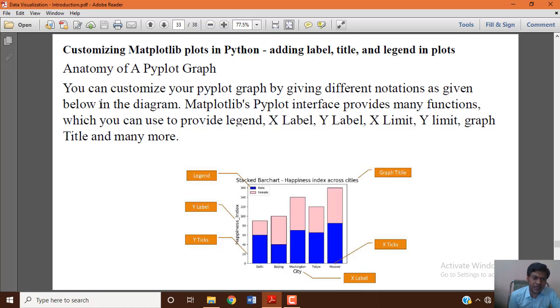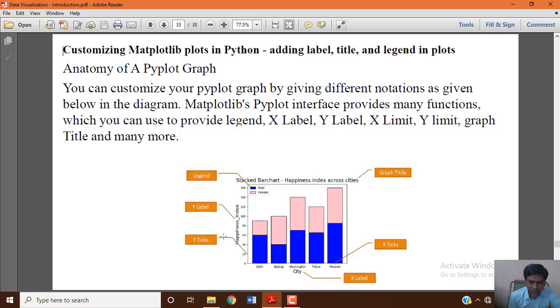You can customize your pie plot graph by giving different notations as given below in the diagram. Matplotlib's pie plot interface provides many functions which you can use to provide legend, label, x and y labels, limit, graph title, and many more. So legend is how we represent the bars, and we can see the x and y range of the values.